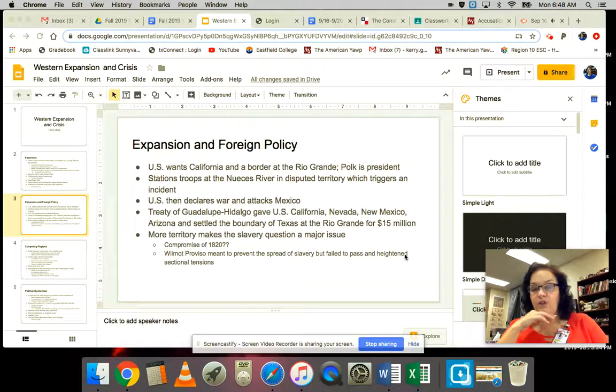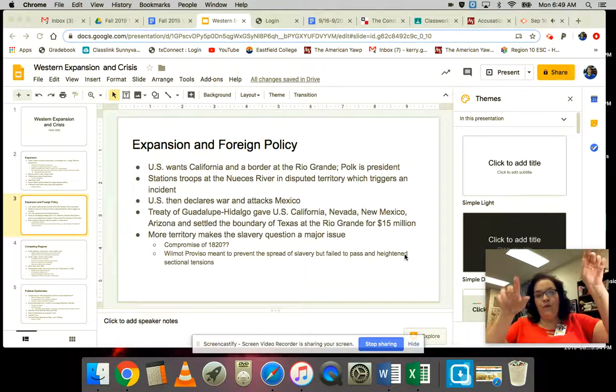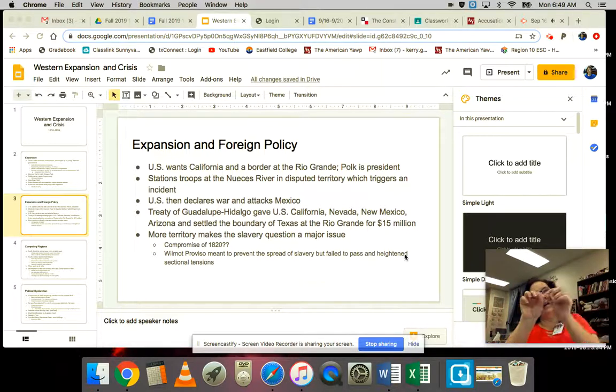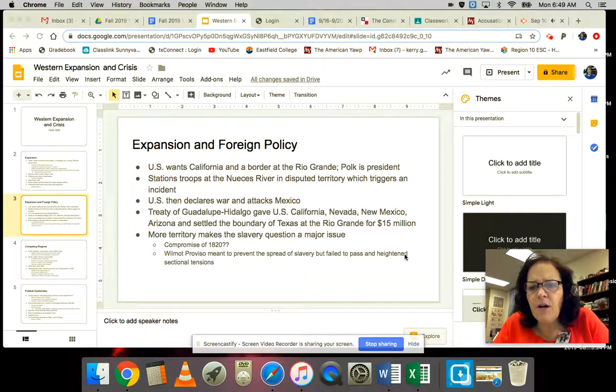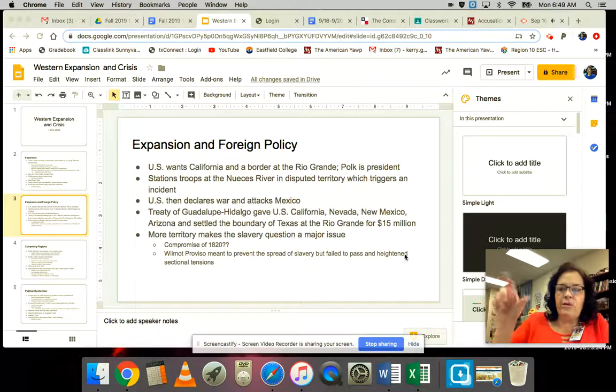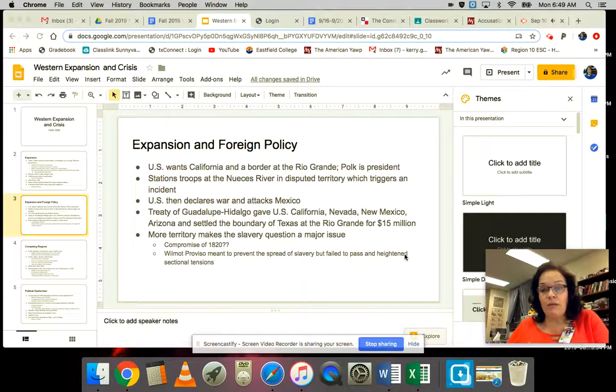That's the prevailing question. Mexico has troops stationed along the Nueces River, which, if you think about your Texas geography, the Rio Grande's the southern part, and then just above that is the Nueces River. It doesn't go all the way across Texas, but it kind of comes from the Gulf of Mexico, past Houston, towards central Texas a little bit. And so Mexico had troops stationed right around that Nueces River, trying to enforce that, hey, this is the boundary of Mexico.